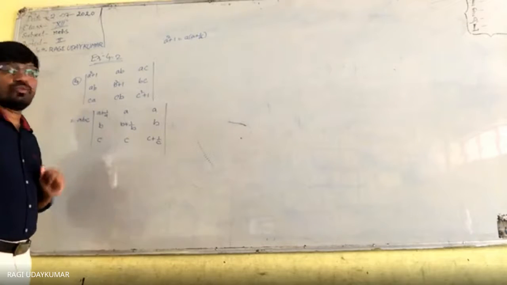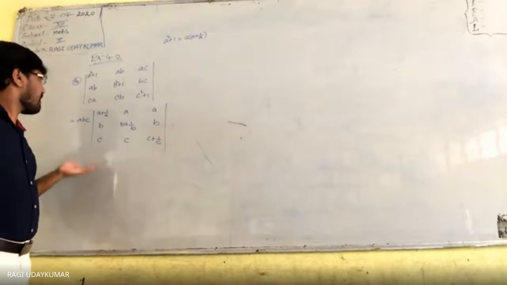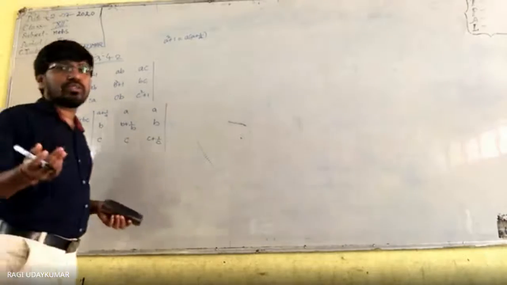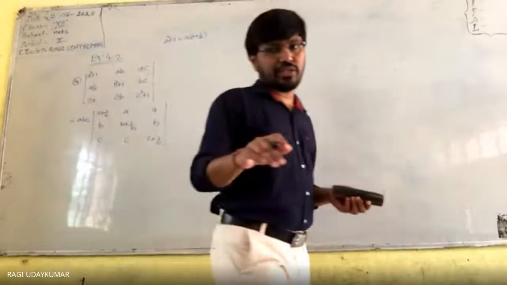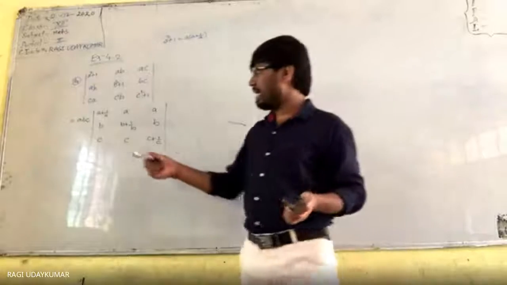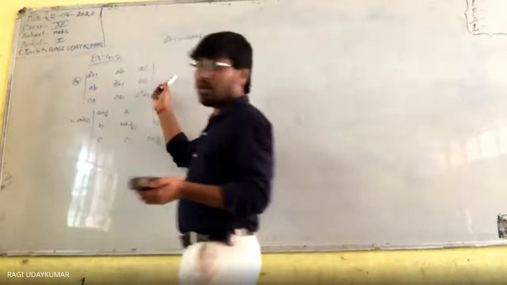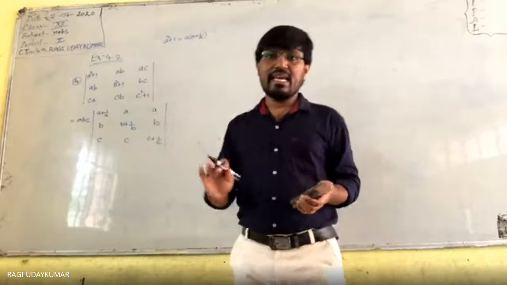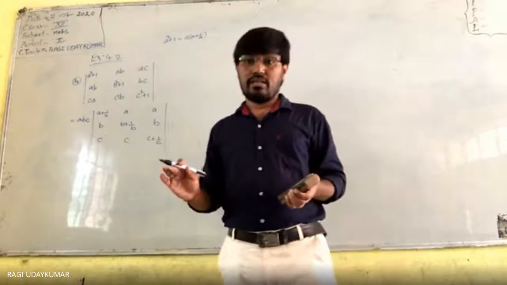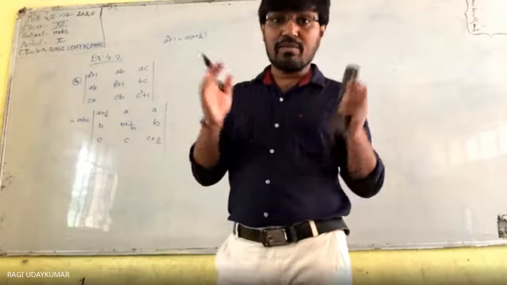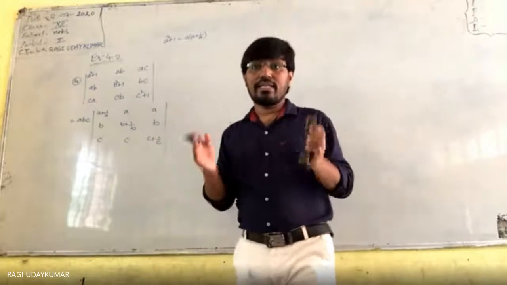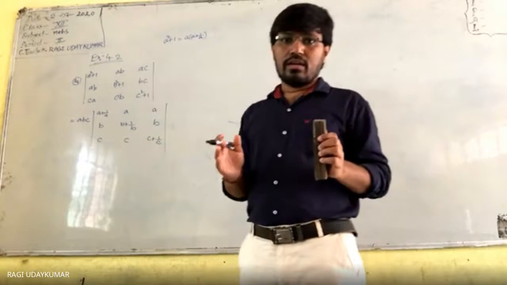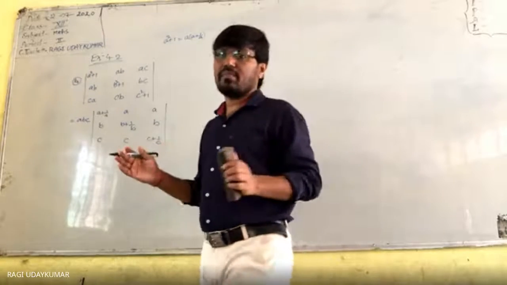This minus this, because we need to do simplification. If you do like that, the rows and columns will be interchanged. And one more thing, abc should not appear in the required result. In our required result abc should not come. We need to get the result in the form of an expression which contains the sum of the expressions. Okay, the sum of expressions is needed, the sum has to come.